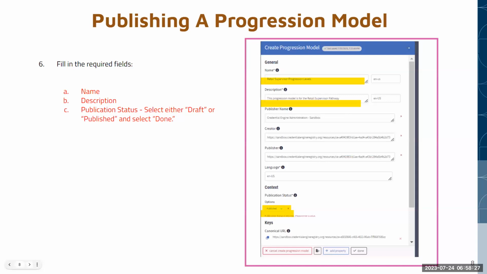Once you do that, a modal window will open up where you will give your progression model a name. There's an asterisk adjacent to it, so we know it's required. You will describe it. And here, it will automatically fill in with your name as a publisher. It will also fill in some URIs to data in the registry that will be published, that you don't have to change anything here. It will automatically fill in the language of English,